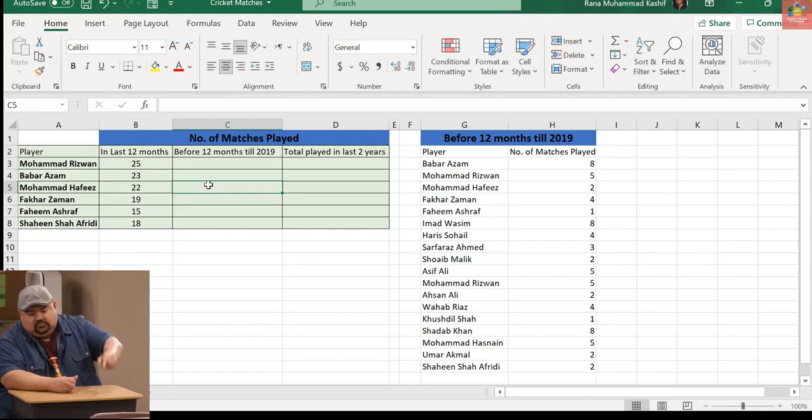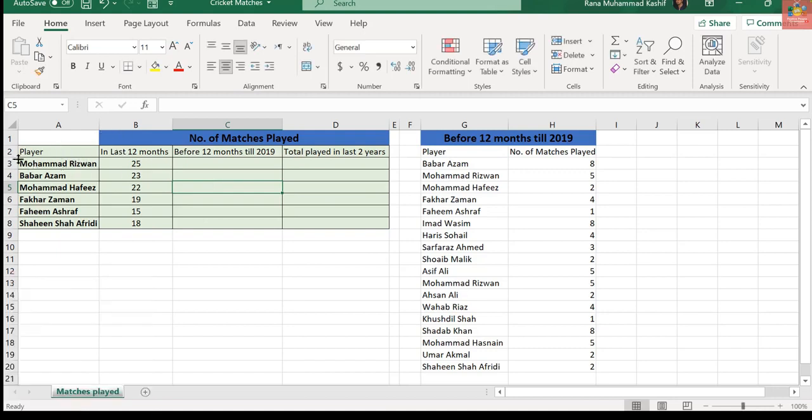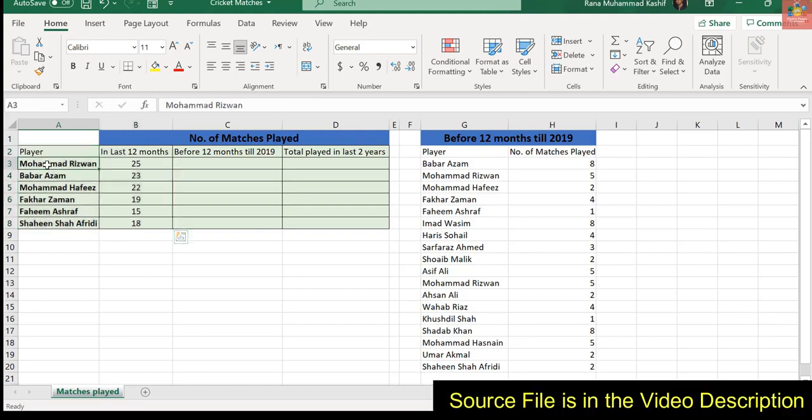In our example, we have 2 tables right here, and to understand these tables, I have these players and have data of the last 12 months, the number of matches played by these 6 players. And what I also want is the number of matches they have played before 12 months, till 2019. And for that I have this whole table, and I don't have exactly the same data for these